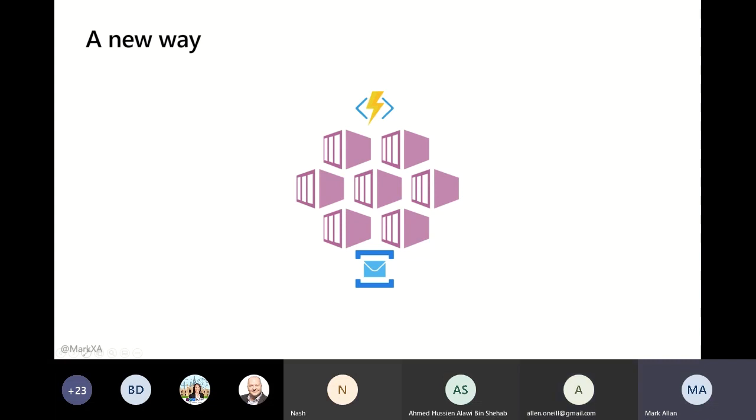so that's the way a lot of people are starting to look at this now. Now I should point out that what I'm going to go into now, which is running serverless on Kubernetes, still has compromises. If there's no reason for you to not run your serverless stuff in Azure Functions, then run your serverless stuff in Azure Functions, because the consumption plan, the infrastructure that runs behind that, is highly tuned to run serverless stuff.